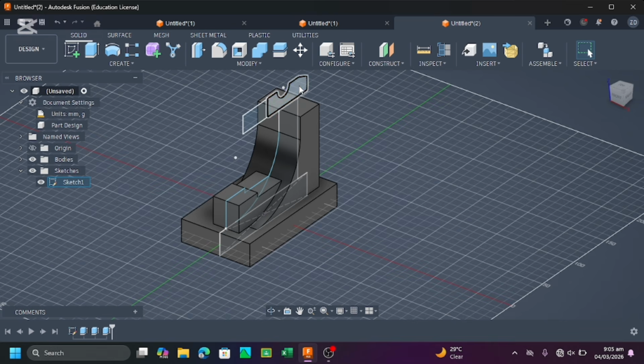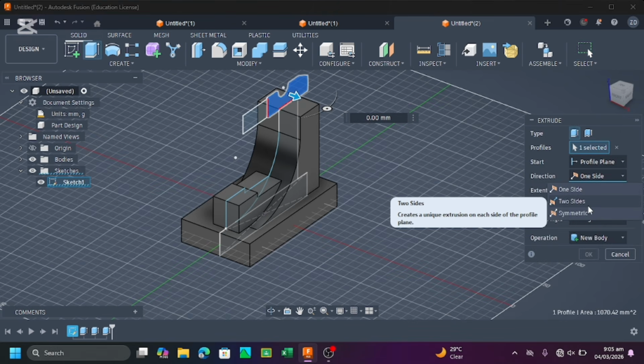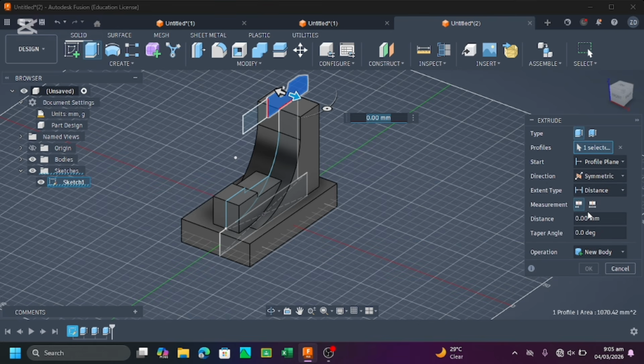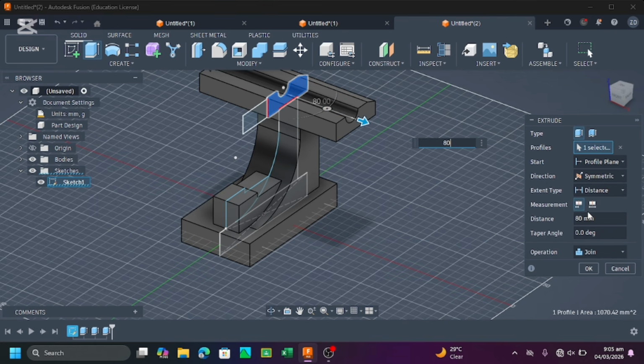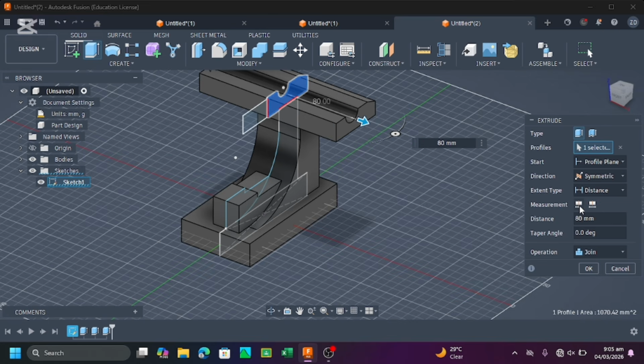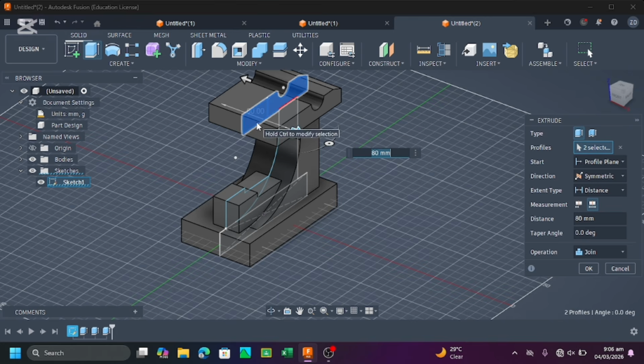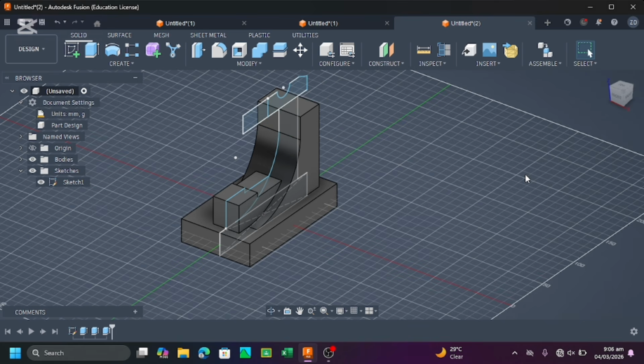Then this part, symmetric, 80. Yeah, if you do it like this, it will do 80 for this part, 80 for this part, so you have to make it whole length. Then click on this part too. Oh no, undo, Ctrl Z,